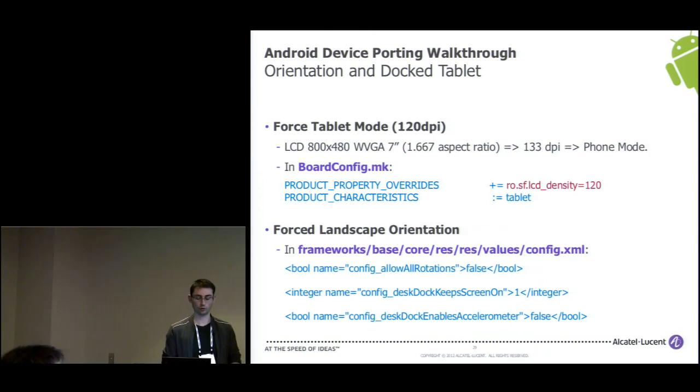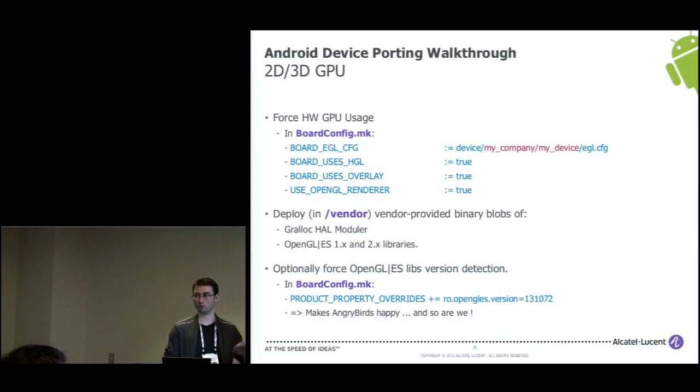Again, still regarding the orientation, what you might want to do is create or modify the overlay files that I presented earlier, modifying the config.xml file, saying that I want these three specific properties to be set in order not to allow the screen and the different applications to switch the screen between portrait and landscape mode. This may just trick Android, and it has no clue whatsoever.